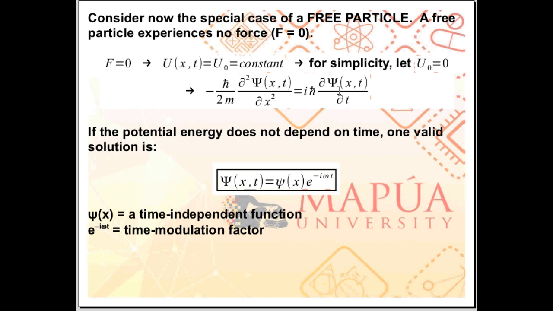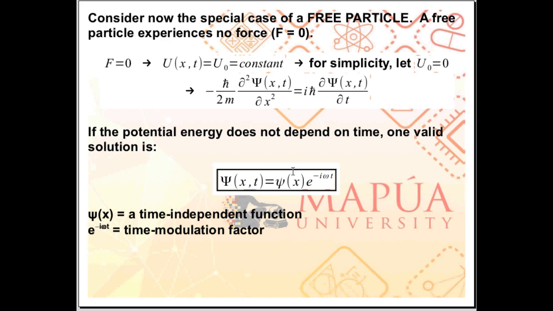If you differentiate psi with respect to time, since small psi is just dependent on x, it will be outside the differentiation. You are just differentiating the time modulation factor. So the right side will result in psi of x still being present. That means on the left side, after double differentiating psi with respect to x,